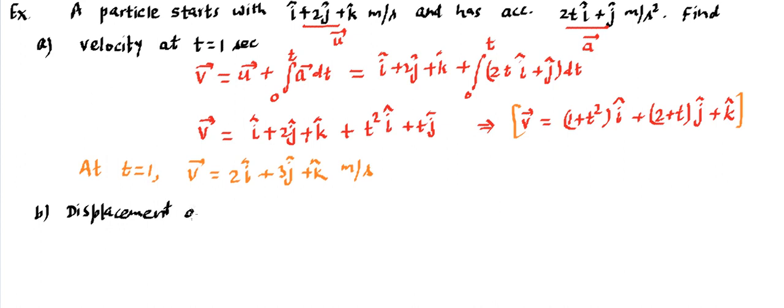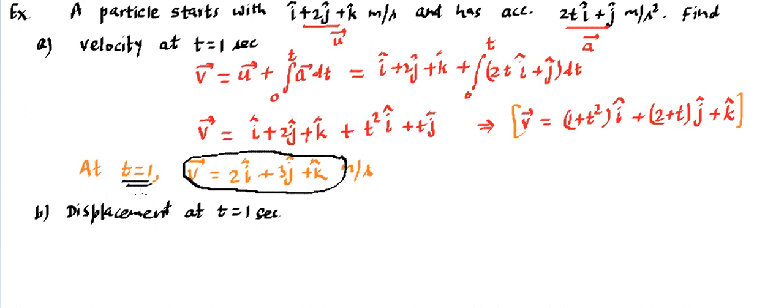At t equal to any time, let's say t equal to 1 second, we are considering for simpler calculations. So you will find we need to find displacement. To find out this displacement, we need to know velocity. So this is the velocity, but we are not going to use this. Why? Because this is a particular velocity. So what do we need to use? We need to use the general formula of velocity, which is this.